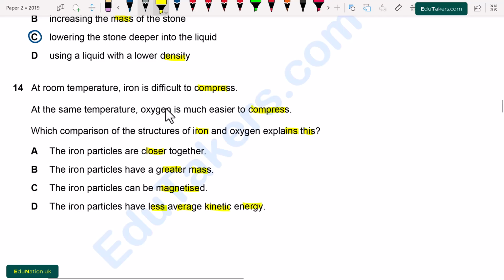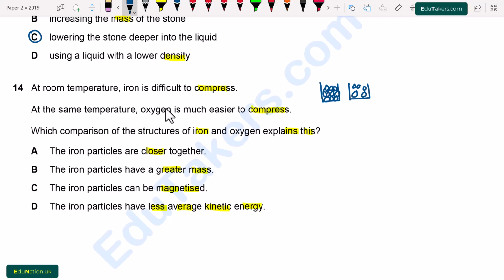First of all, I have two systems. In one, there are iron particles. In the second, there is oxygen. Oxygen is basically a gas. There is a large distance between its molecules, or the spacing between the molecules of a gas is larger. But in iron, the molecules are very close to each other. There is no spacing, not even a small spacing, between the molecules of the iron.